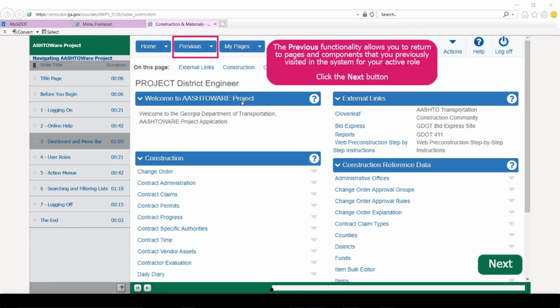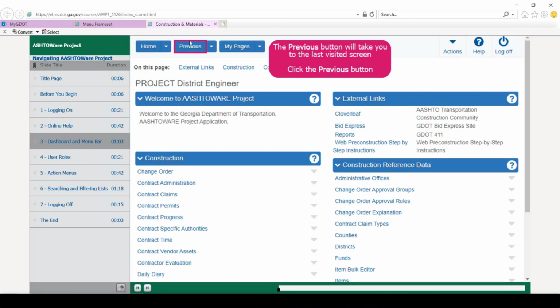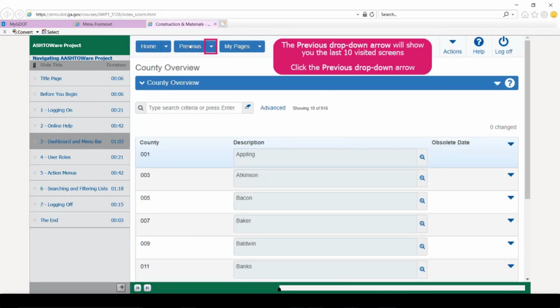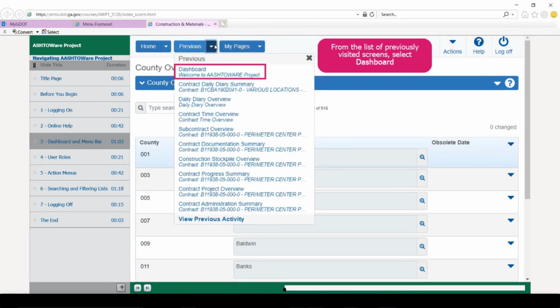The previous button, since the place we were previously was the counties view, I can click on that if I need to go back to the counties view. So let's see how that works. Click on previous, and it takes you to the last visited screen, which was that county overview. Clicking on the arrow there gives you the 10 most recent screens that you visited.